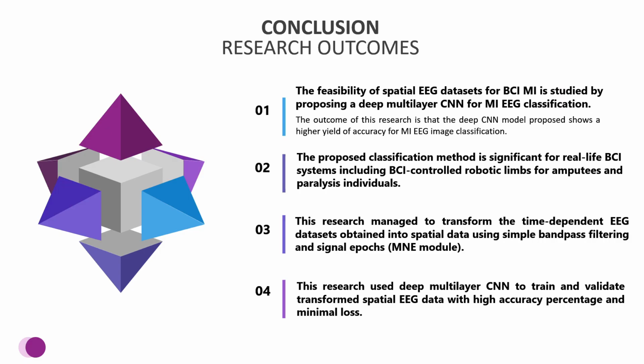In conclusion, the feasibility of spatial EEG datasets for BCI-MI is studied by proposing a deep multilayer CNN for MI-EEG classification. The outcome of this research is that the deep CNN model proposed shows a higher yield of accuracy for MI-EEG image classification. The proposed classification method is significant for real-life BCI systems, including BCI-controlled robotic limbs for amputees and